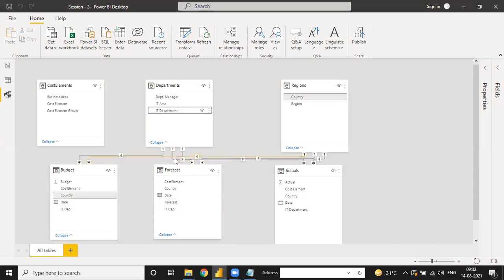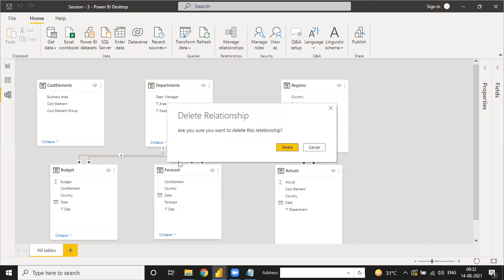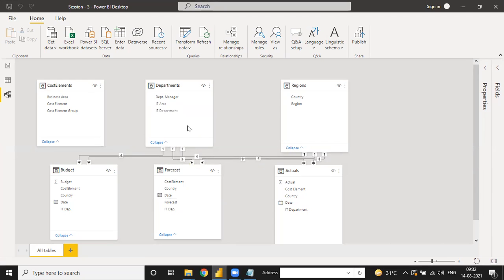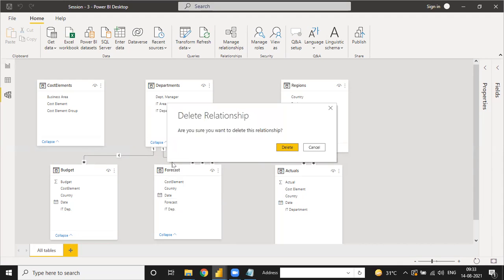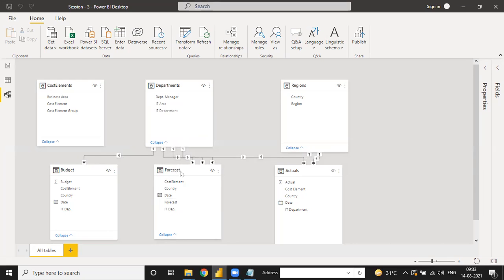So I just click on it and delete it, then make the relationship again, IT department to IT department directly. Now this one is okay.